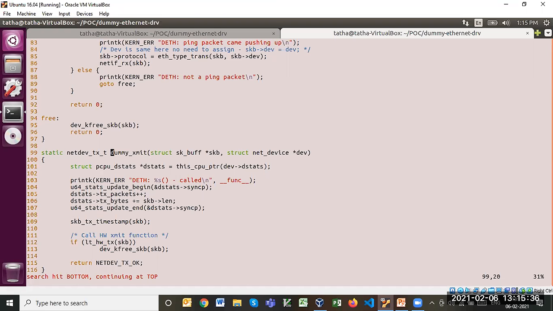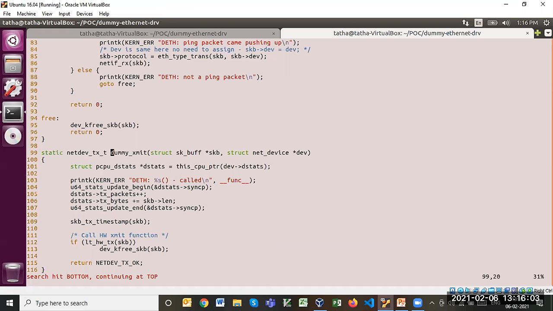Because the network device driver lies below the IP layer, it is not handling anything about the IP address. Let me explain one by one. First, you call ifconfig, then I'm calling an IOCTL. That IOCTL call will go to the network stack.